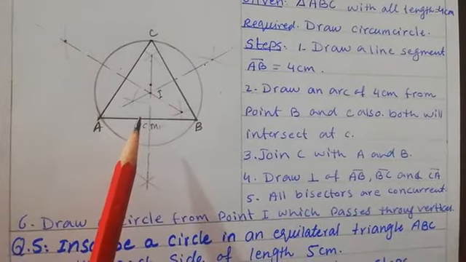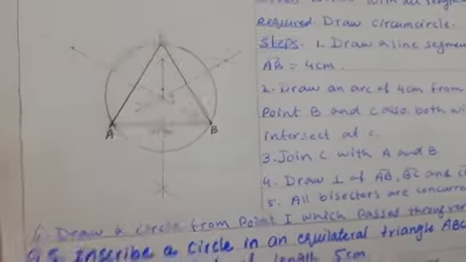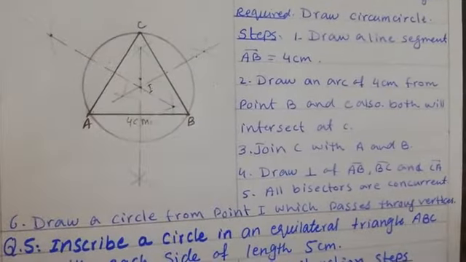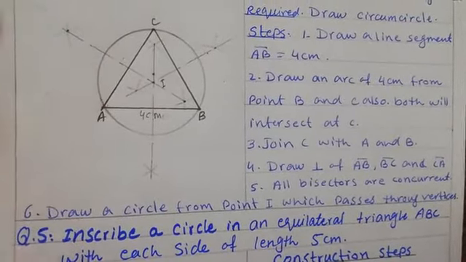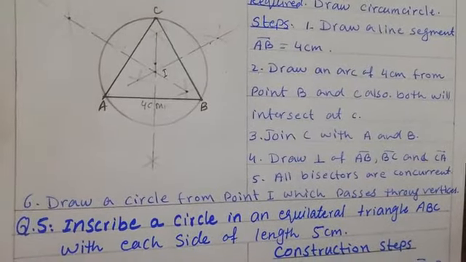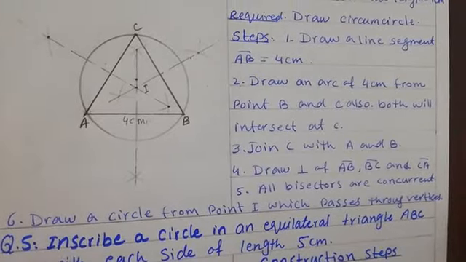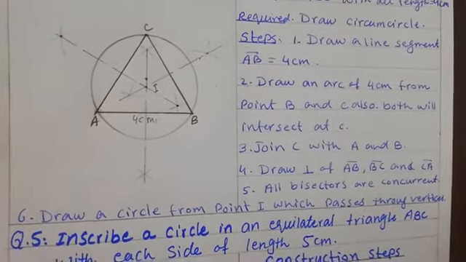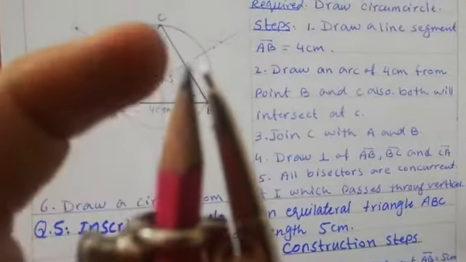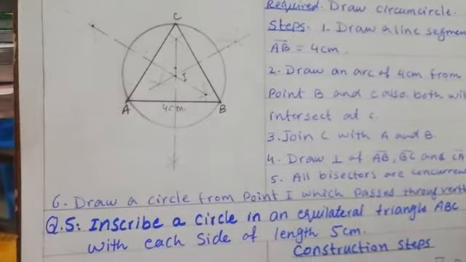If there is any problem, then you will do this question again. Do not erase in this question, because in geometry if you erase, then there will be a problem or trouble. So you will just leave it and draw the diagram again. One more thing: you will check your compass. If your pencil and your compass tip are equal, like this one, you will check that both these two things must be equal. And your pencil must be sharp.